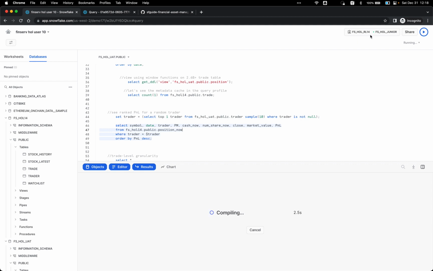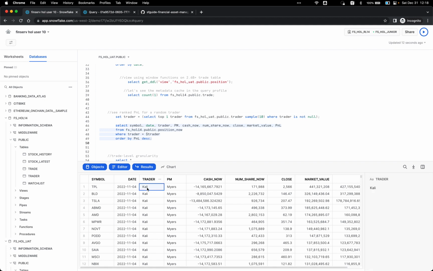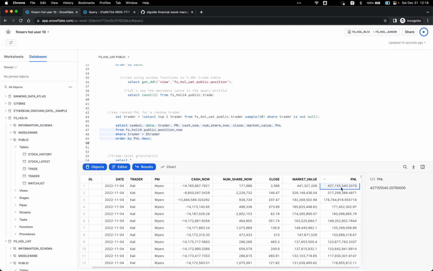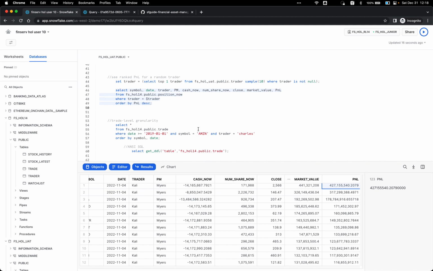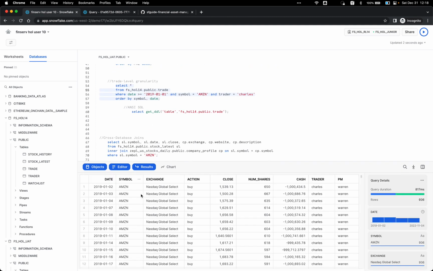And again, this is all on small computing power, and even if we had all 30 people using this small computing power, Snowflake will still be very efficient and can scale out. So you see for Trader Kali, this was their P&L, so on and so forth. And here's the actual trade level granularity. As you can see here,